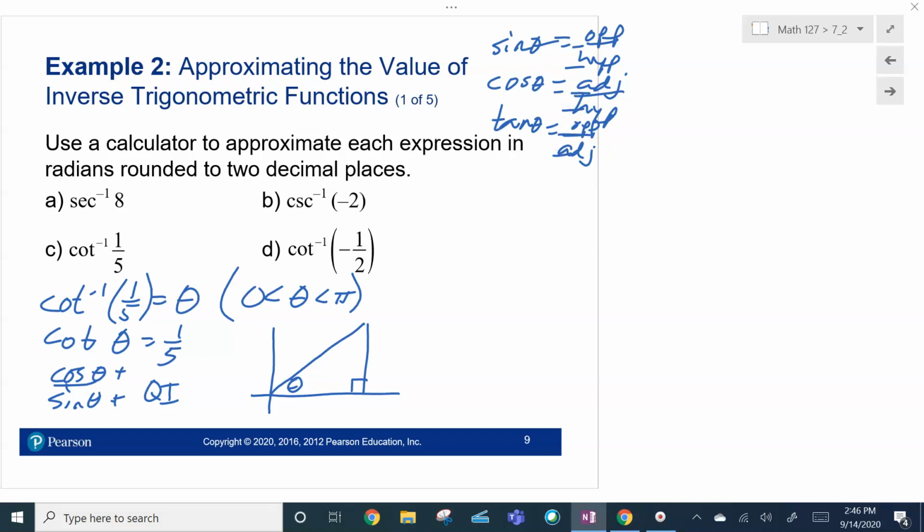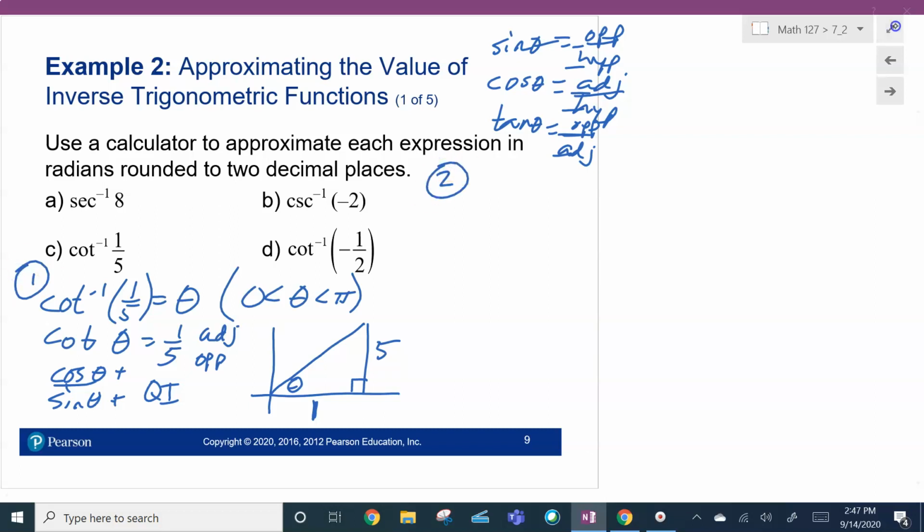So the tangent, the cotangent, I'm sorry, would be adjacent over opposite. Since the tangent's opposite over adjacent, that'd be adjacent. The next to angle, 5 would be the opposite angle. And then what we're going to do is, so here's step 1, okay? Now step 2 is we're going to solve